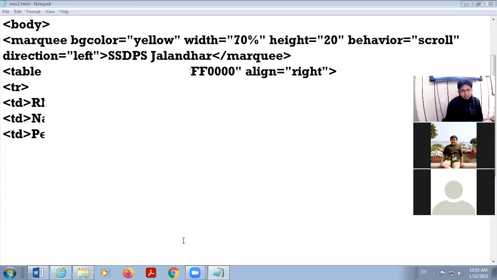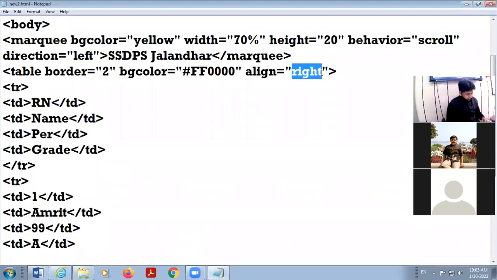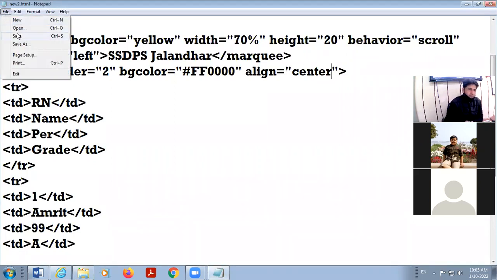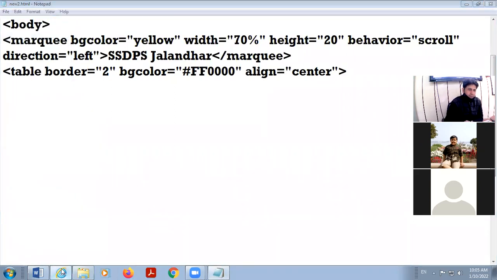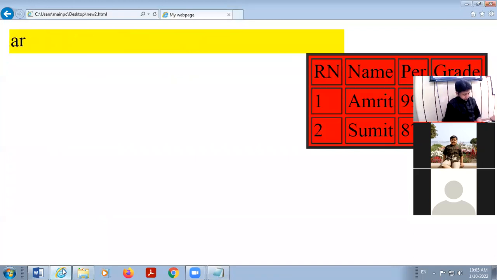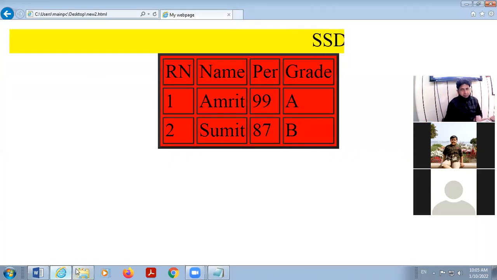So alignment I am taking here center. Now, if I want to increase the height and width dimensions of your table with the help of height and width.